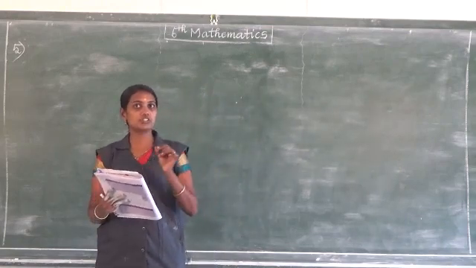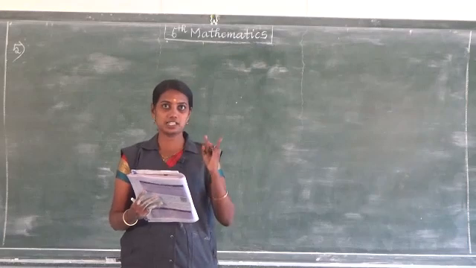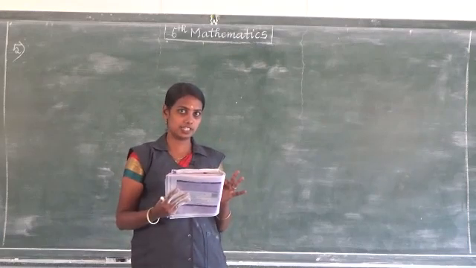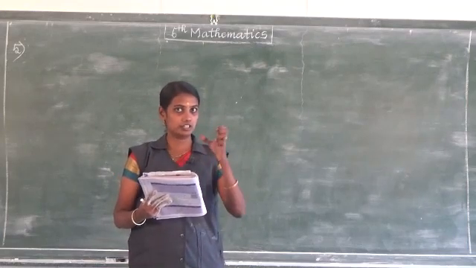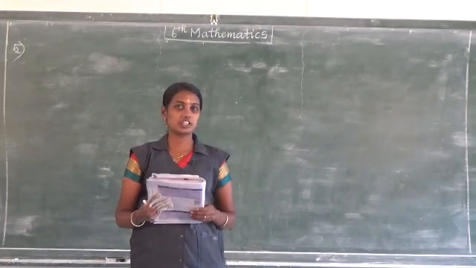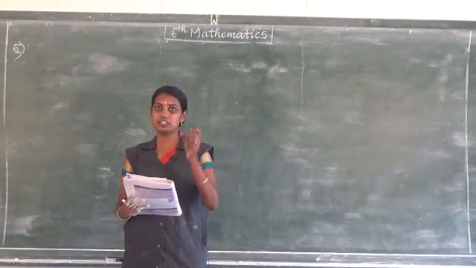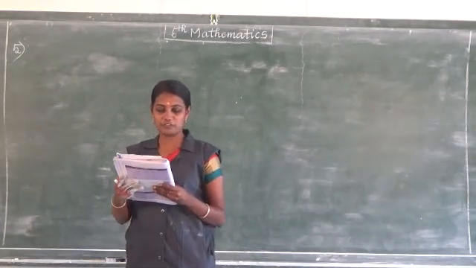So read the question twice or thrice and find out which is given as marked price or selling price or cost price. Be clear with this. Then go on to find the profit or loss. It's very important. Read the question properly and understand the word meaning. Now, question number 5.